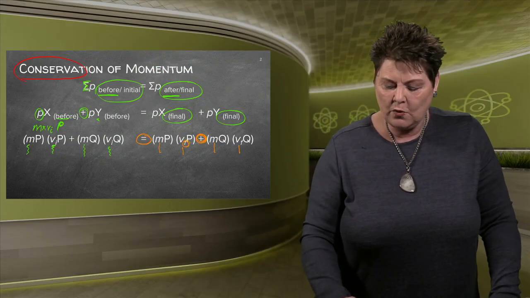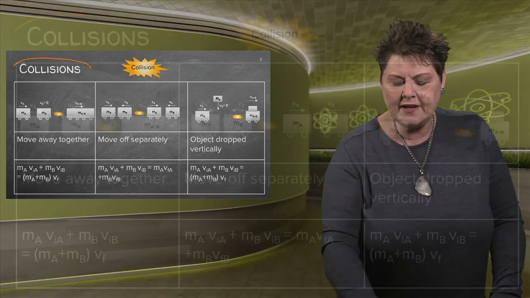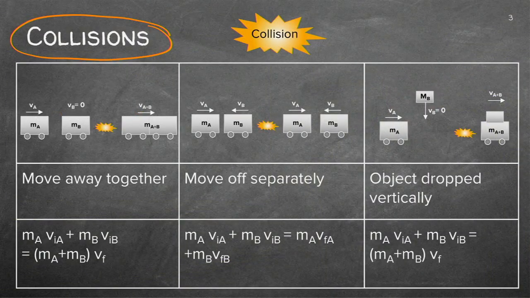Now let's just quickly have a look. I explained in the previous lesson we get collisions. Why am I showing this to you again? Because in this case here, the two objects stuck together and they've got the same velocity afterwards. Therefore, they are moving away together. And can you see I added those two masses together? In this equation, they moved in different directions.